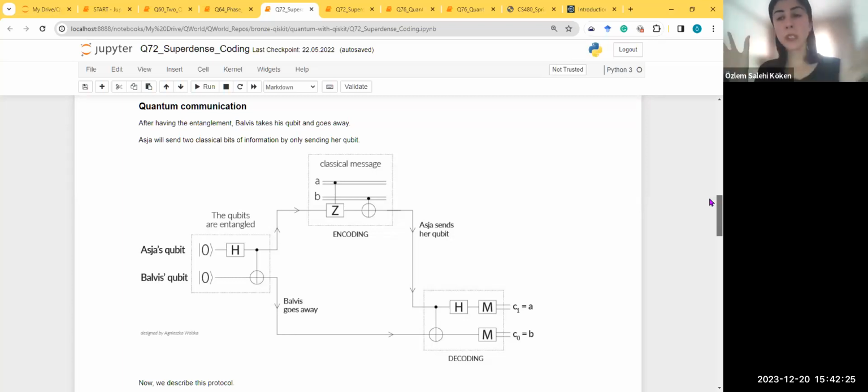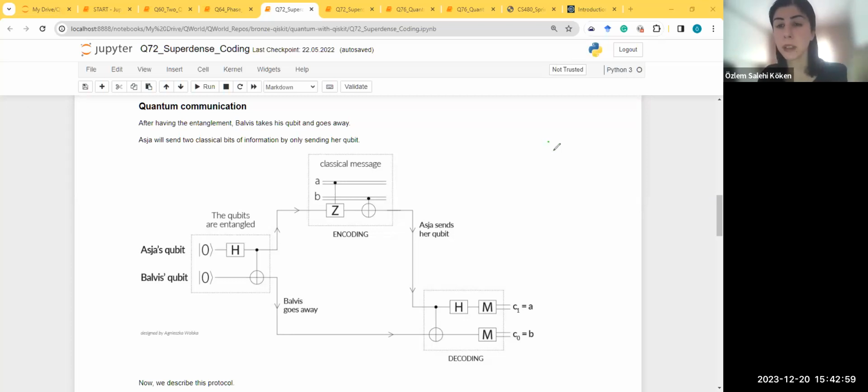But now suppose that you have 2 qubits which are entangled, and now suppose that they're separated. Asya has one of the qubits and Balvis has one of the qubits, those entangled qubits. They didn't measure it yet. Now using those 2 qubits, we will send some information. They want to send some classical information. By classical information, I mean a message like 00, maybe 01, we will send 2 bits of